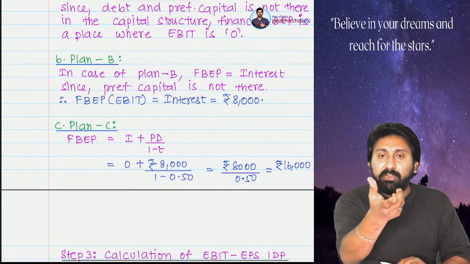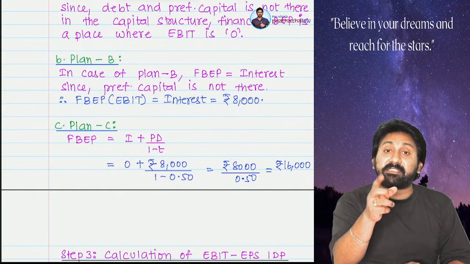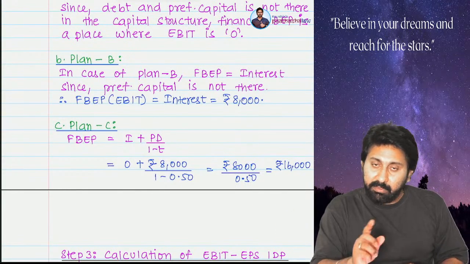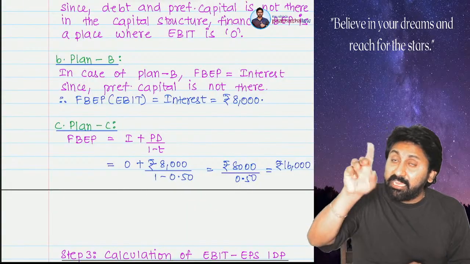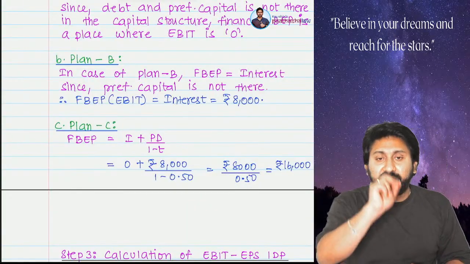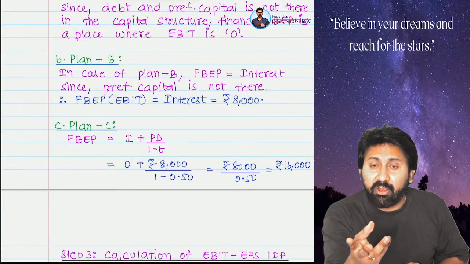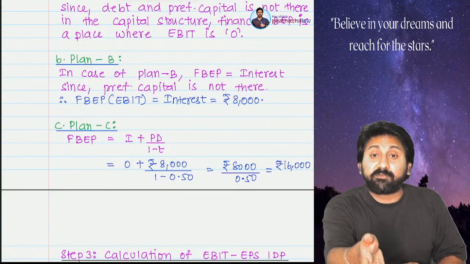What is an indifference point? Indifference point is a situation where the EBIT is such that EPS will be the same. You are saying equity shares are not there, only debt and preference is there. When only debt and preference are there and shares are not there, the concept of an indifference point does not arise